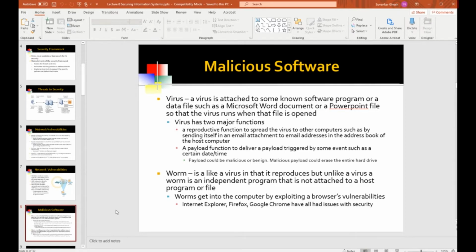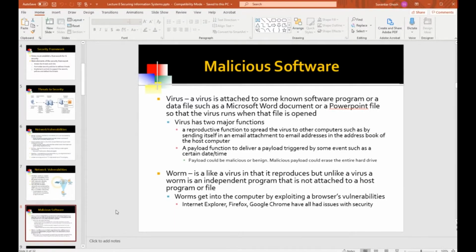The plugin or the add-on is not restricted to the safe sandbox. So the worm could be in the plugin, which is not constrained to operate just within the safe sandbox. Finding the loopholes in the safe sandbox is a much more tricky process. It's not that easy to do, but it has been done, which is why you get all these patches from the browser vendors upgrading their browser software, upgrading the version.